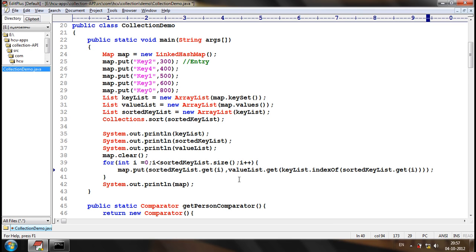So again, I'll go to the next iteration. Key 1 will go first as a key. And what is the index of key 1 in this key list? 2. So what is the corresponding value? 1. So key 3, 600. Key 4, 400. Sorry, key 2, 300. Key 4,